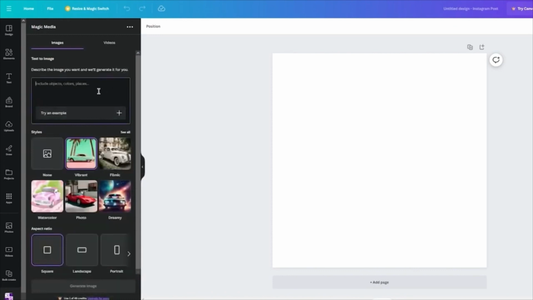And from vibrant styling, it says describe the image that you want and we will generate it for you. You can also, by the way, try an example where it tells you this stuff. The dim lit room with people eating at a table, 18th century. But I'm going to take that off and I'm going to write my own prompt. So I'm going to go ahead and write